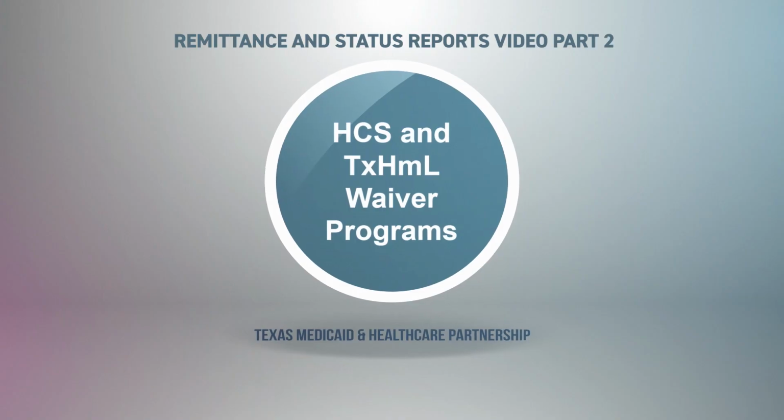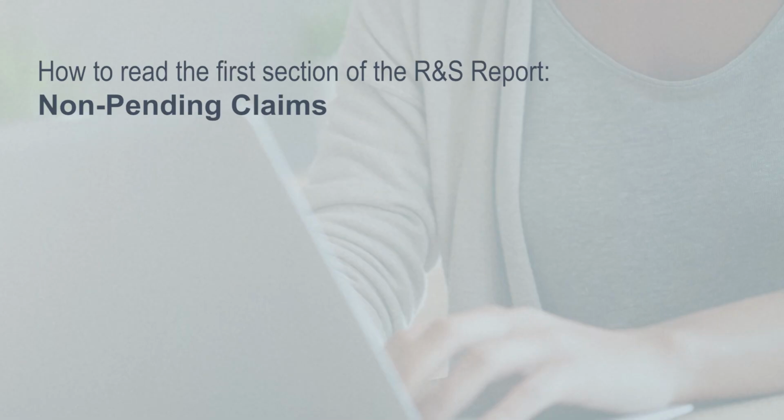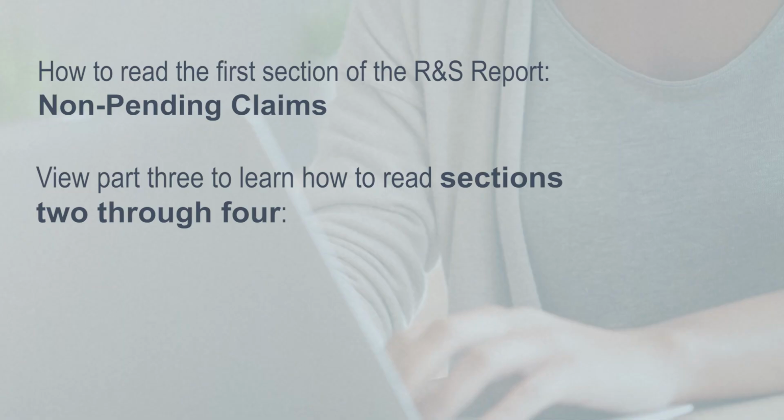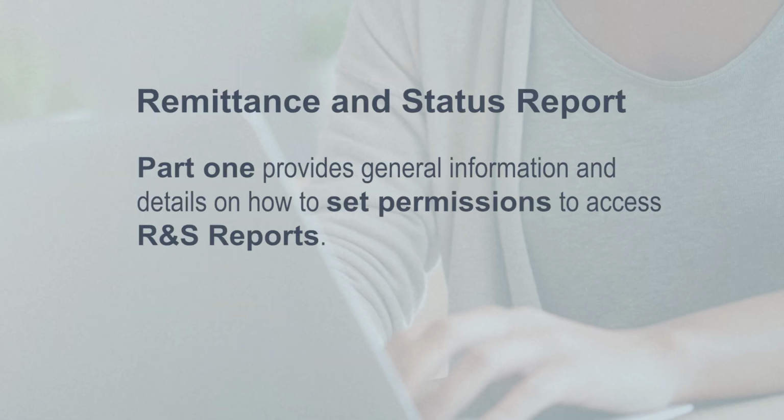This Remittance and Status, or RNS Reports video, is part 2 of a 3-part series. In this video, we'll focus on how to read the first section of the RNS report, Non-Pending Claims. You can view part 3 to learn how to read sections 2 through 4, Pending Claims, Financial Summary, and EOB codes and descriptions. Part 1 of this series focuses on general information about RNS reports and learning how to set